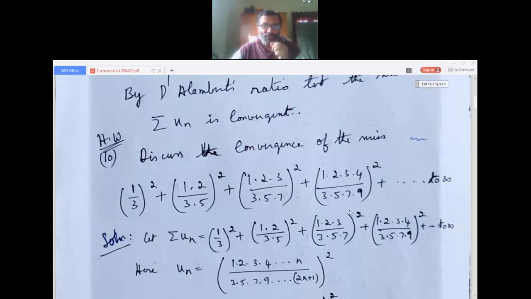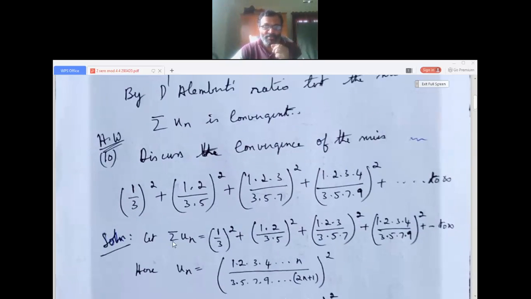So first we take sigma u(n). So what is sigma u(n)? Sigma u(n) is (1/3)² + (1·2)/(3·5)² + (1·2·3)/(3·5·7)² plus all this. The given problem is written till infinity. That is the given series. Sigma u(n) is the given series. Okay. Then we have